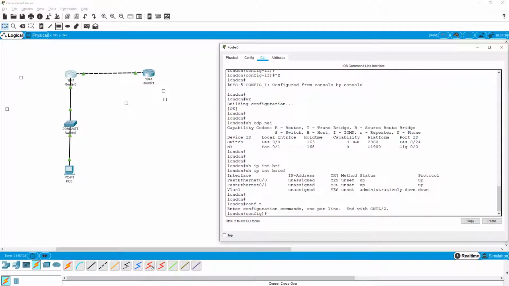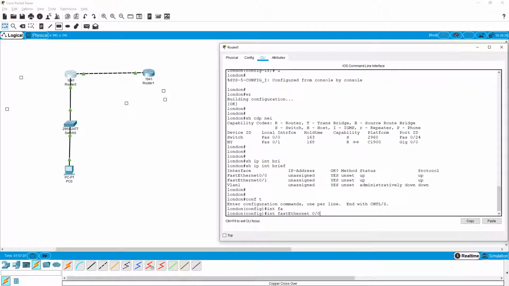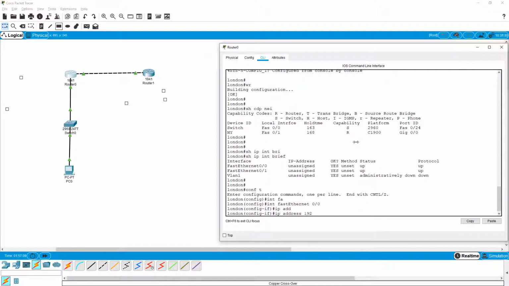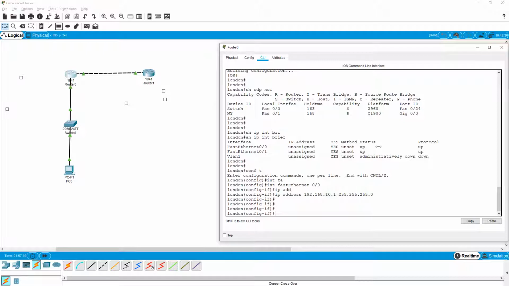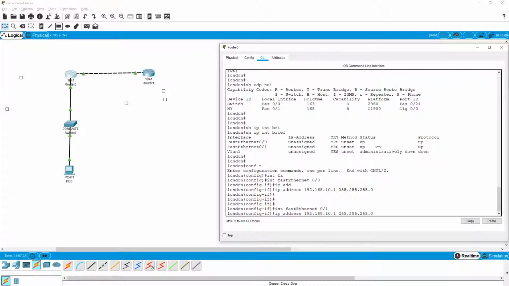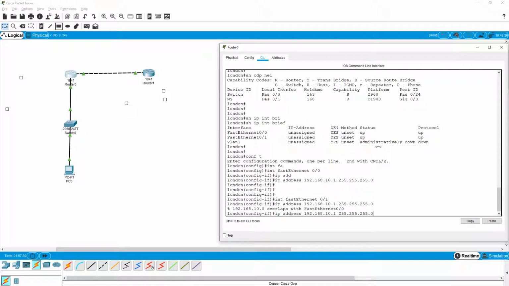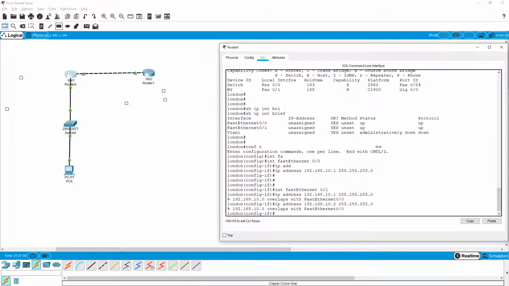Let's say I have two interfaces. Interface Fast 0/0, IP address 192.168.10.1 with the subnet mask. If I assign this IP address right now, and then go into the other interface and assign a different IP address from the same range, let's say the next IP, 192.168.10.2. Now, what is the problem I'm facing?